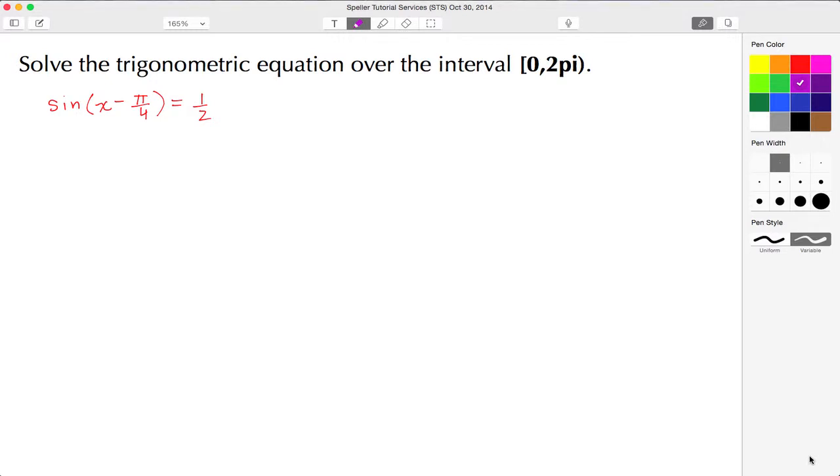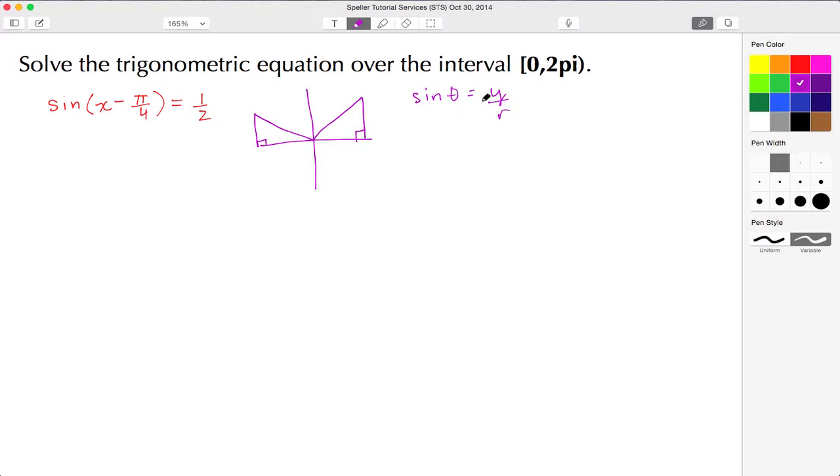We need to notice a couple of things. First, we're using the sine function, and second, that the result is positive. So we're going to draw a basic graph here, and we want to see where sine is positive on our unit circle. We know that sine of theta is the y values over the r values, where y corresponds to the y length and r corresponds to the radius. So for us to have positive y values, that has to be in the first quadrant and also here in the second quadrant.